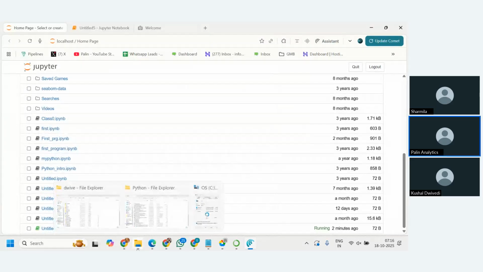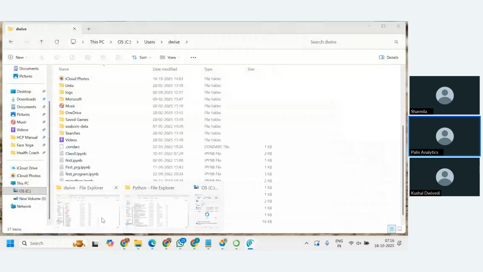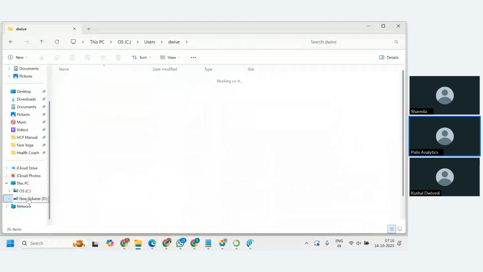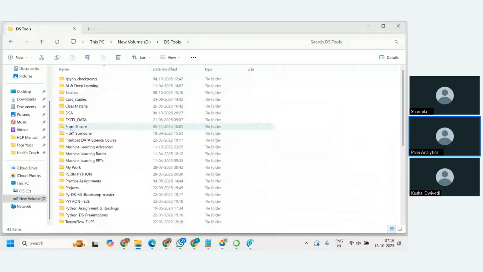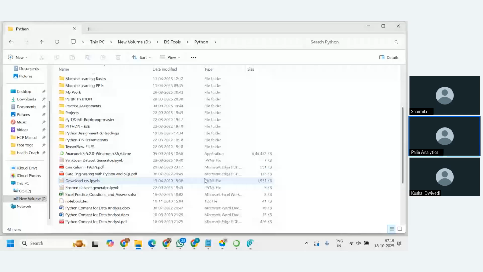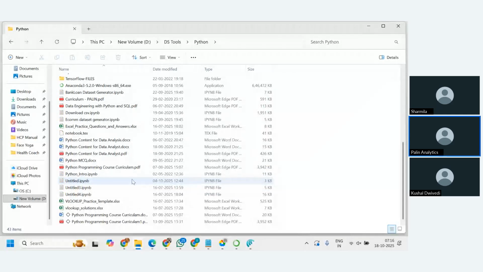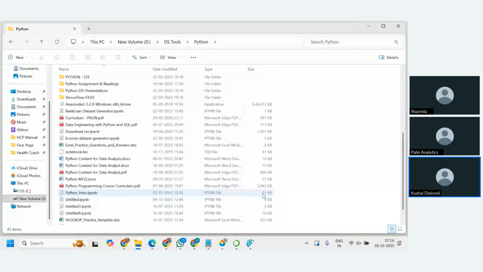If I show you, my own Python program location is in D drive, DS tools, and here Python. This is my own space where I have made all my programs. I have made my tutorials, and if I want to create